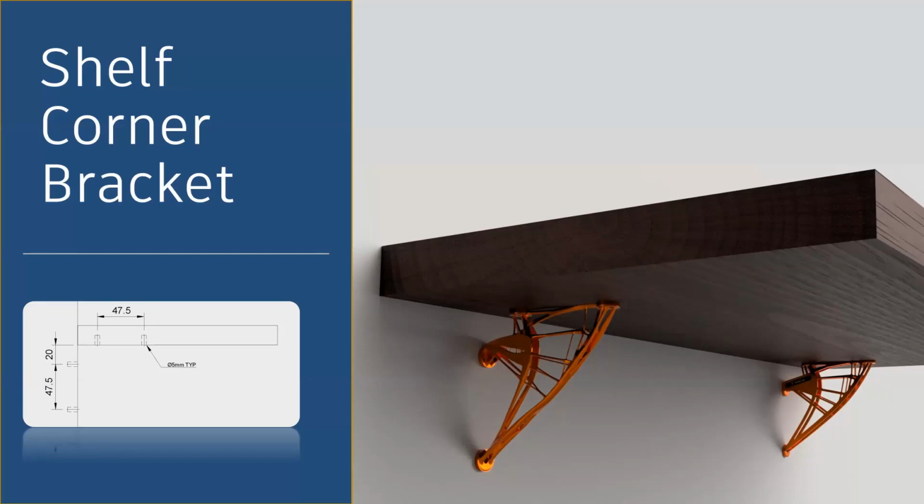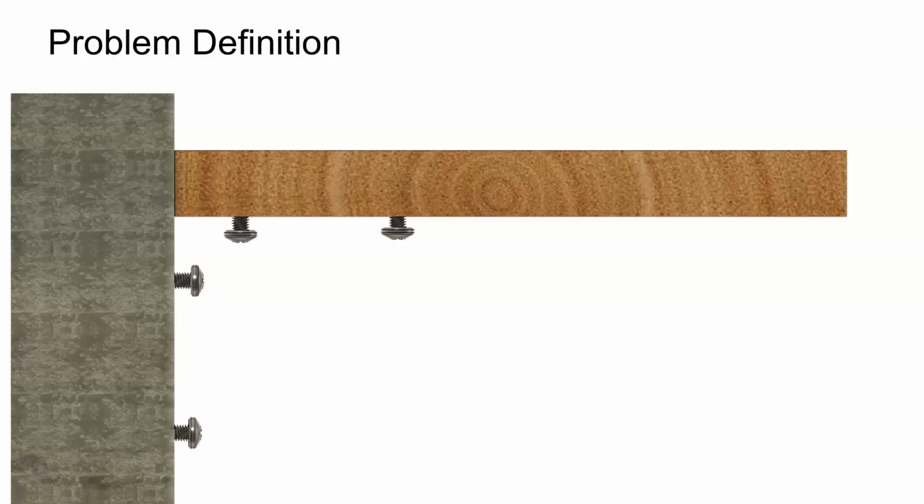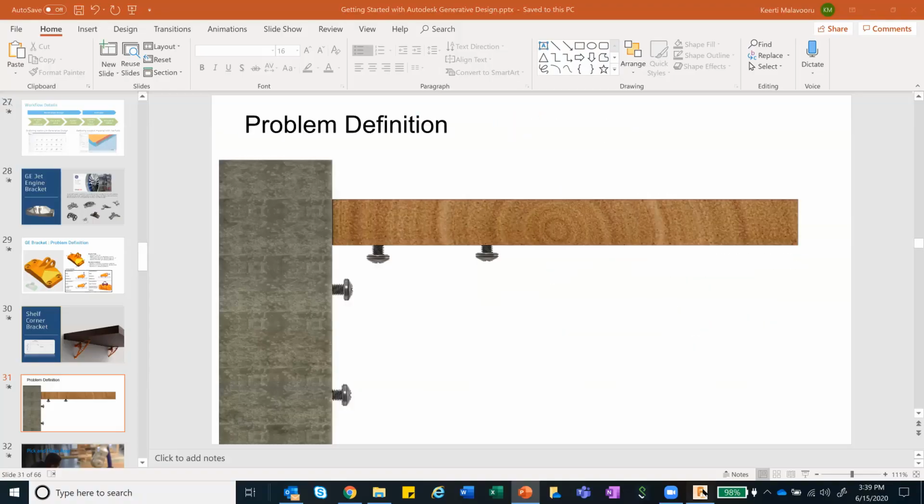Now, what is the overall objective here? Basically, the wooden platform has to be able to hold certain load, which is fixed to the wall. So this is my problem definition. I don't know what the shape is. I know where it has to be bolted and what is the amount of load that this particular platform will be subjected to. So using this as my problem statement,